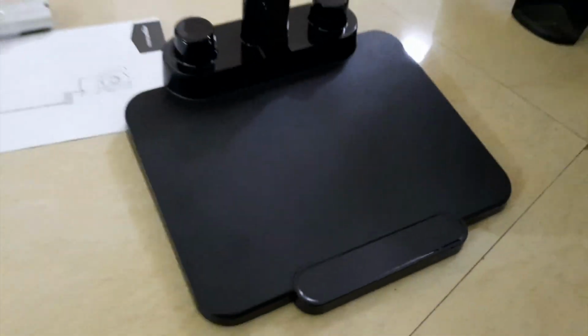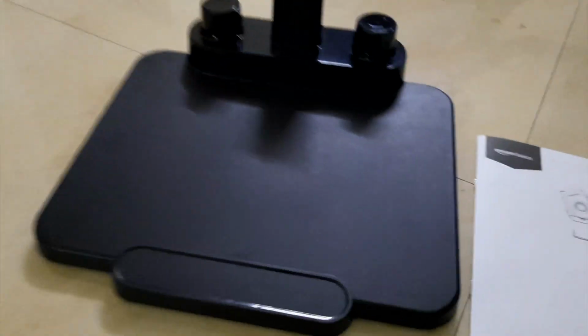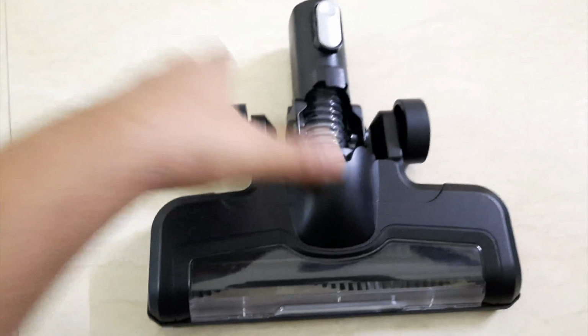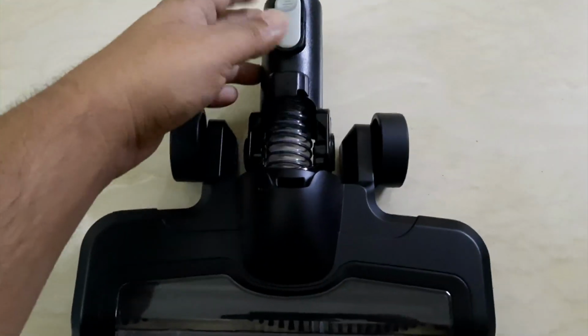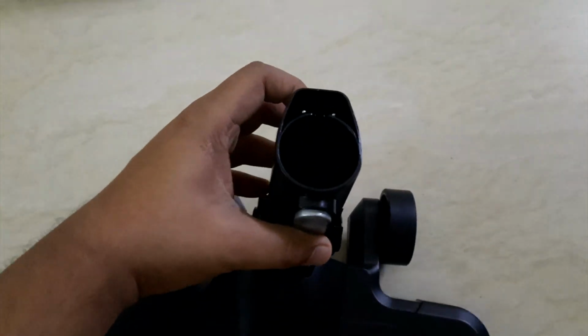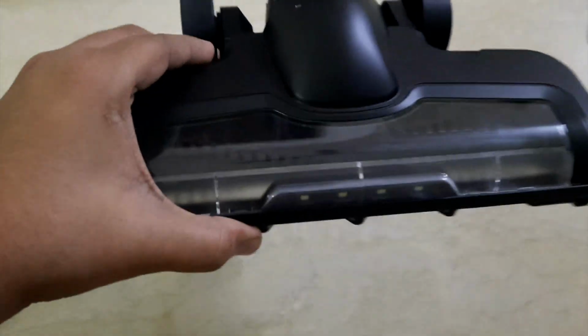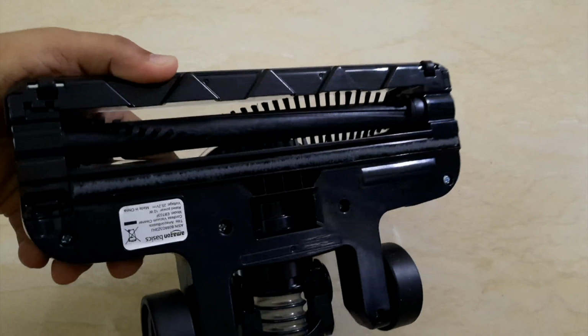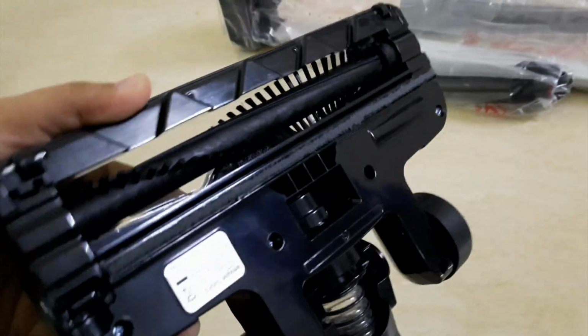So if you already have a wired vacuum cleaner and you know the benefits of it, and you think a wireless or cordless vacuum cleaner will do wonders for your cleaning, then you can try this. If you don't have any vacuum cleaner, I don't recommend getting this as your first vacuum cleaner, because